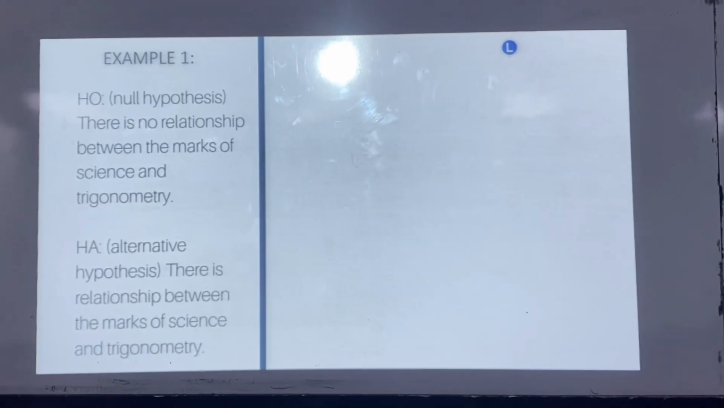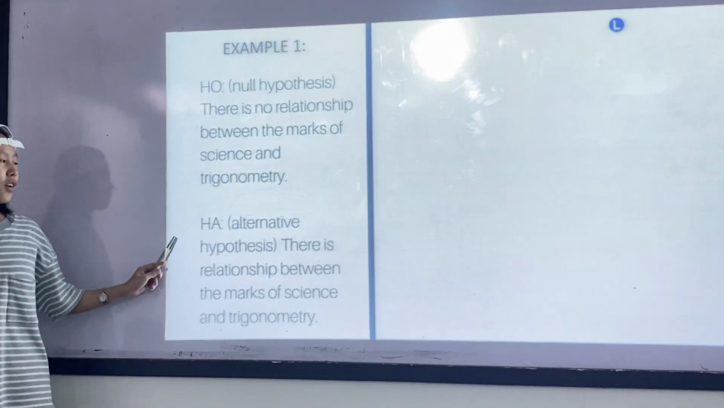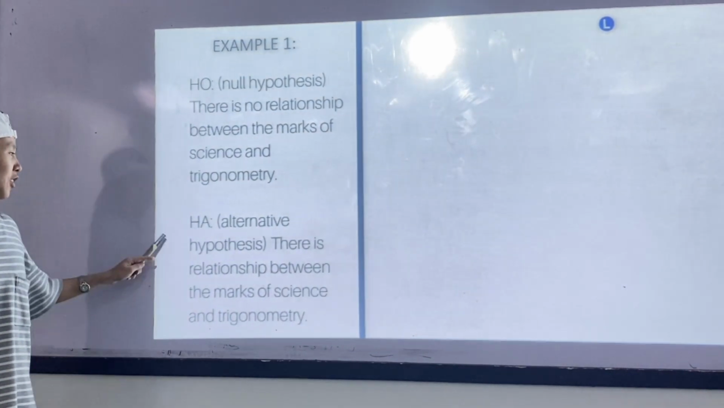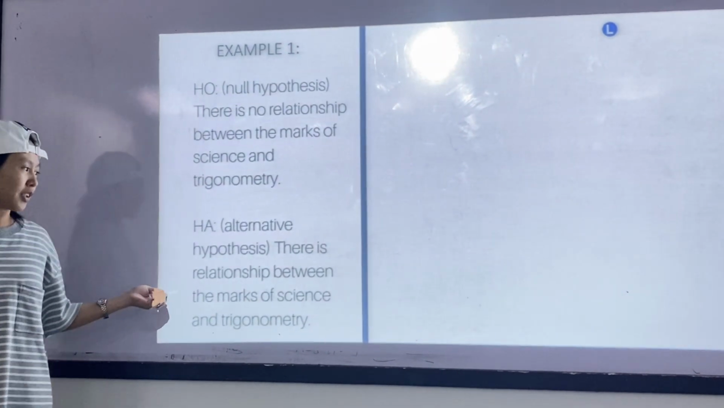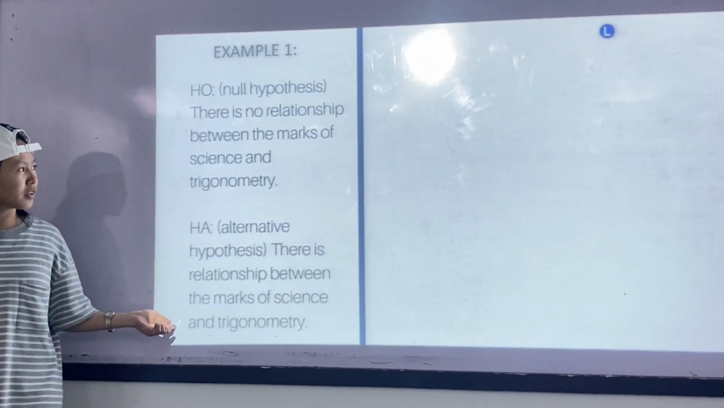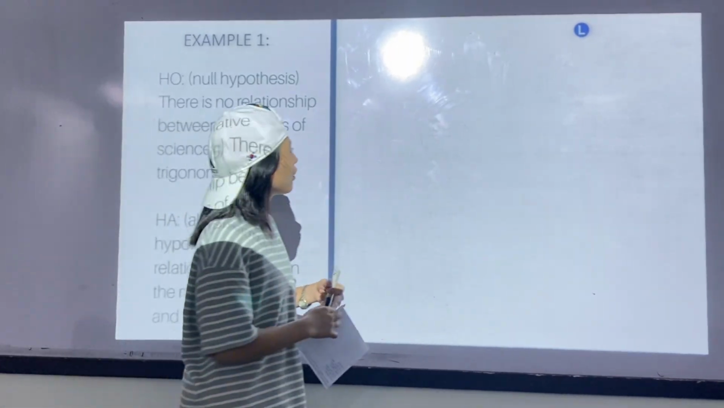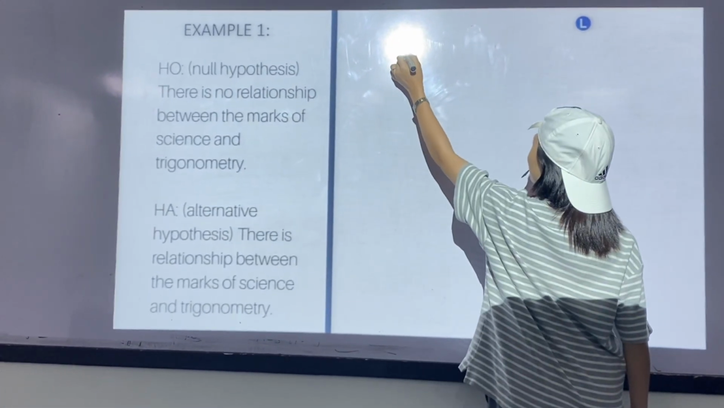For our hypothesis, our null hypothesis: there is no relationship between the marks of science and trigonometry. And for the alternative hypothesis: there is a relationship between the marks of science and trigonometry. So let's plug all the data into our formula. So our formula is